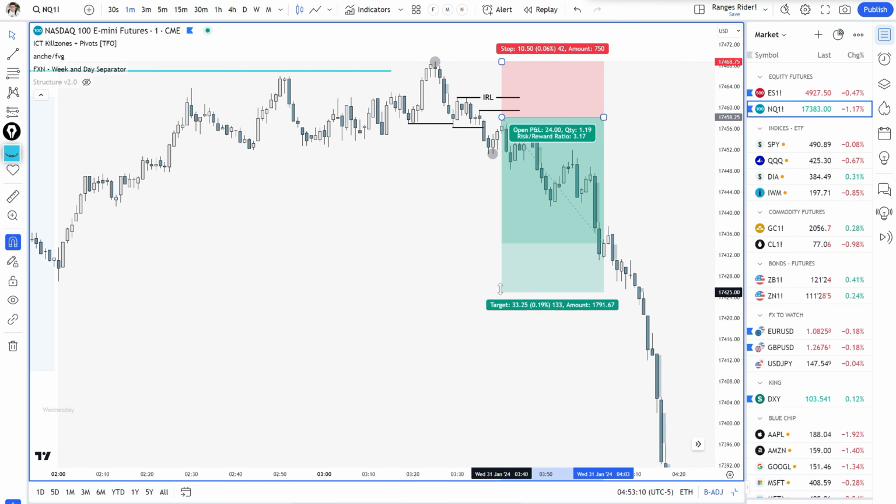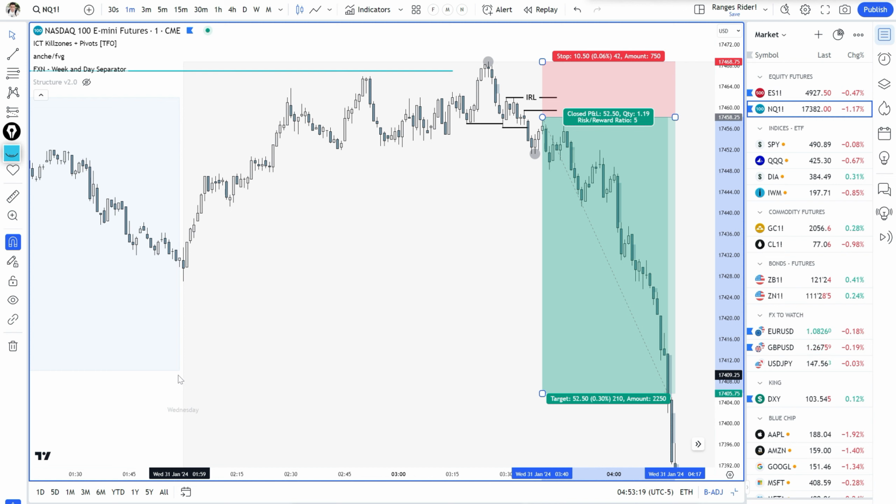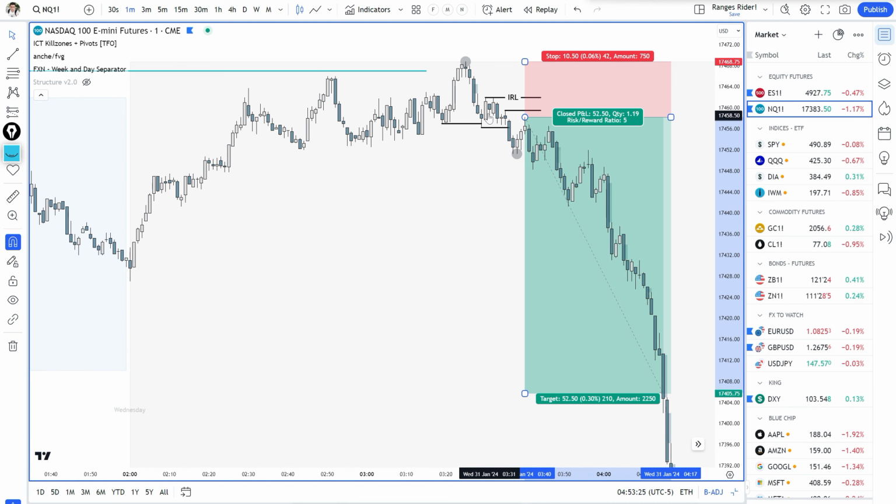And I just targeted 5 hour here, and this was a quick trade. And this 5 hour was just a little below the Asian range low. So that's why I didn't follow the rules, but the trade is still there. And